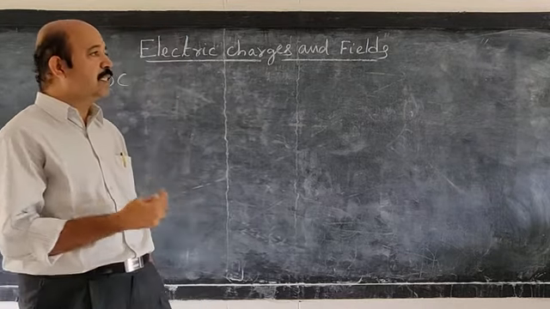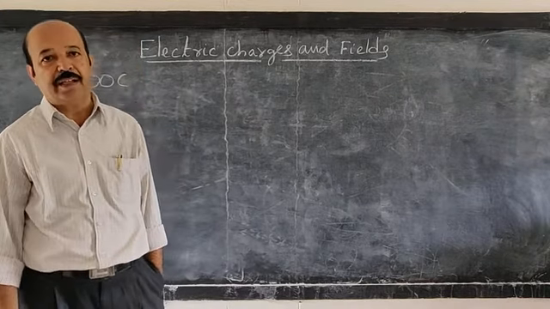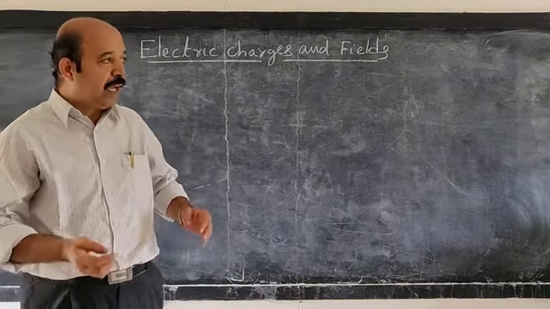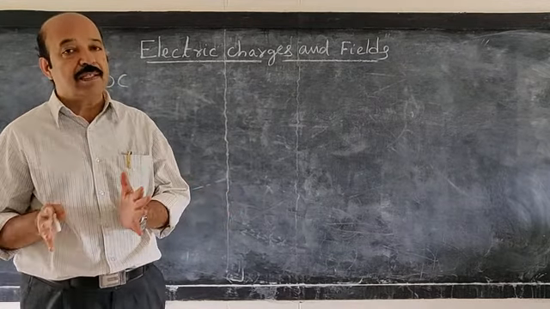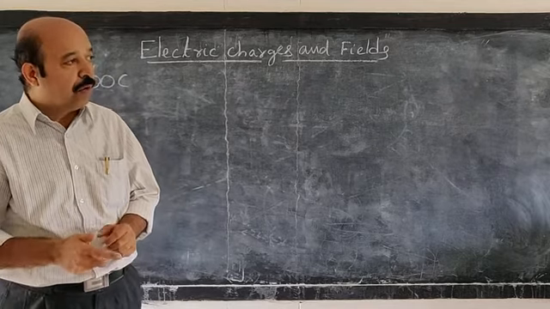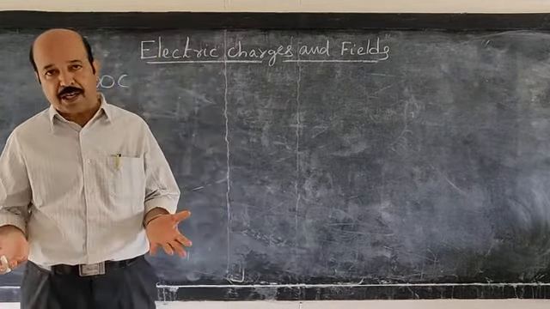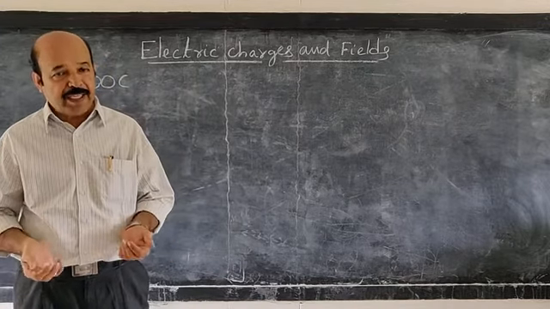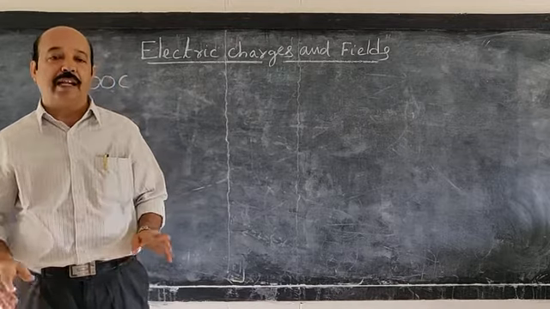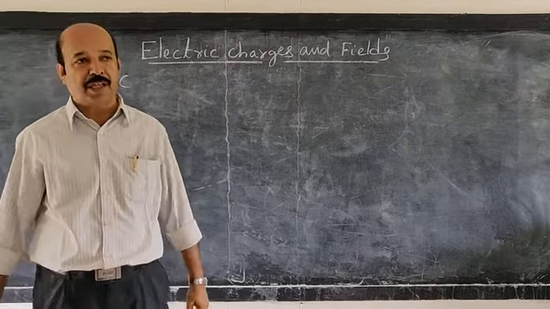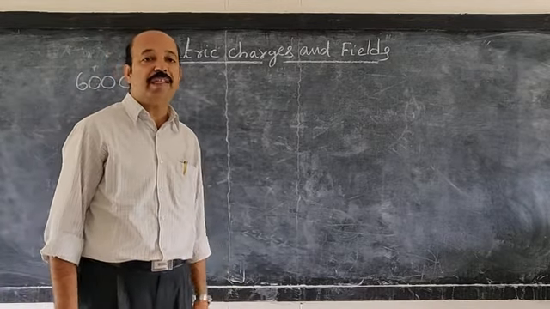Now we are going to discuss the static behavior of such electric charges. When the electric charges are not moving, we call them static. Now you can observe that there are two kinds of charges. Several scientists did experiments and finally concluded that there are only two kinds of charges. You can do the experiment and observe it yourself.